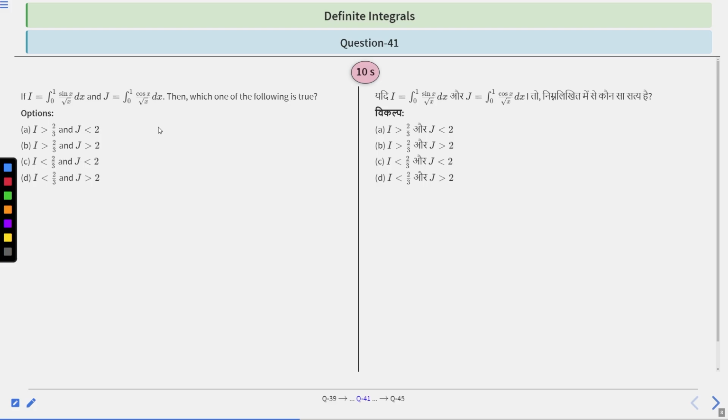Like that. Okay. So what we have to do, see, first we can compare the value of sin x and cos x when x belongs to 0 to 1. We can see whether sin x is greater or cos x is greater. After that, we will apply root x and we can integrate from 0 to 1. So in this way, you can try to solve this question or try to apply this concept. Okay, so you have 10 seconds to solve or think about this question. After 10 seconds, we will discuss the solution.